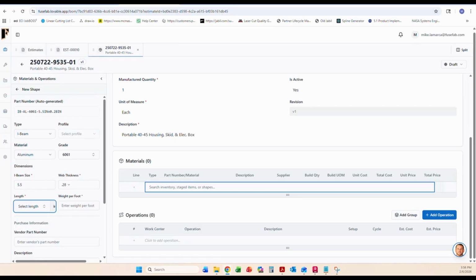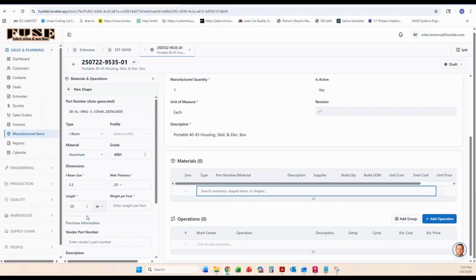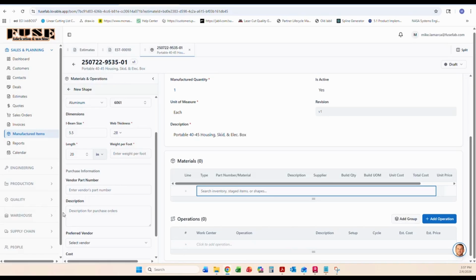a 20 footer, 25 footer, 20. I'll use the standard 20. I think it's 25, and then weight per foot should be driven off the I-beam size and web thickness. So this is a feature of these. This is a feature of this. So I'm just going to put, I'm not going to dig this up on Elro right now, but